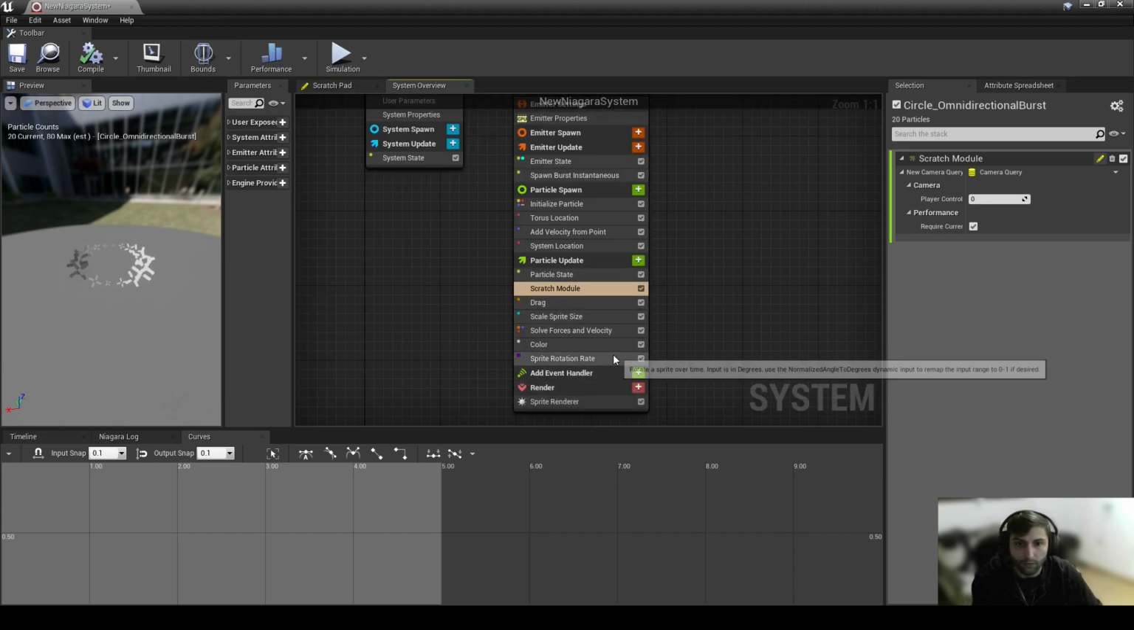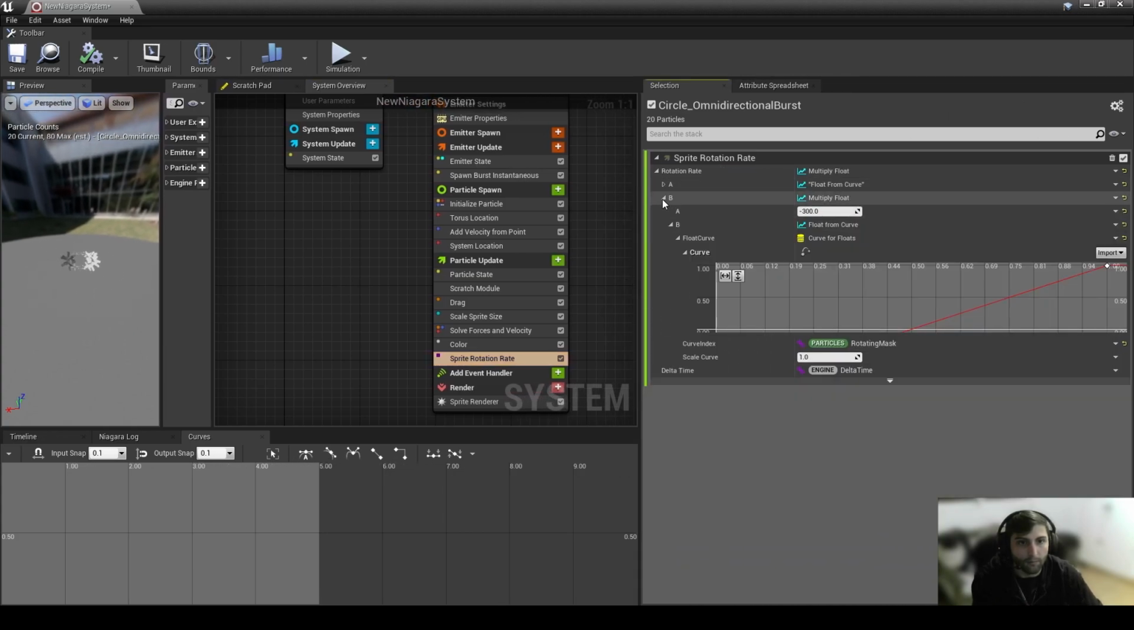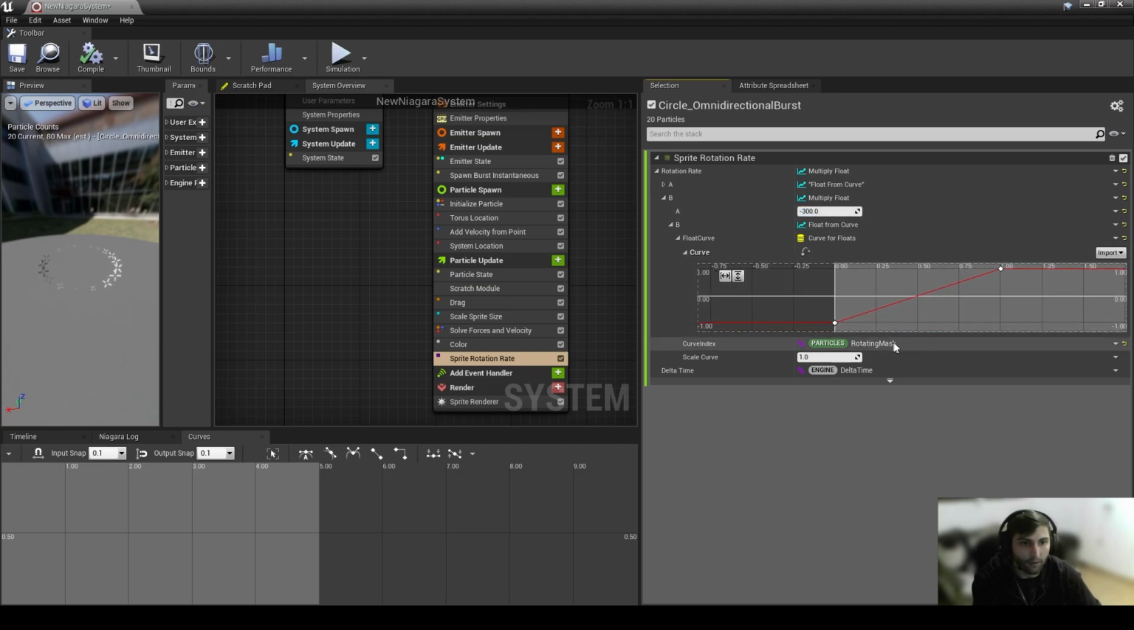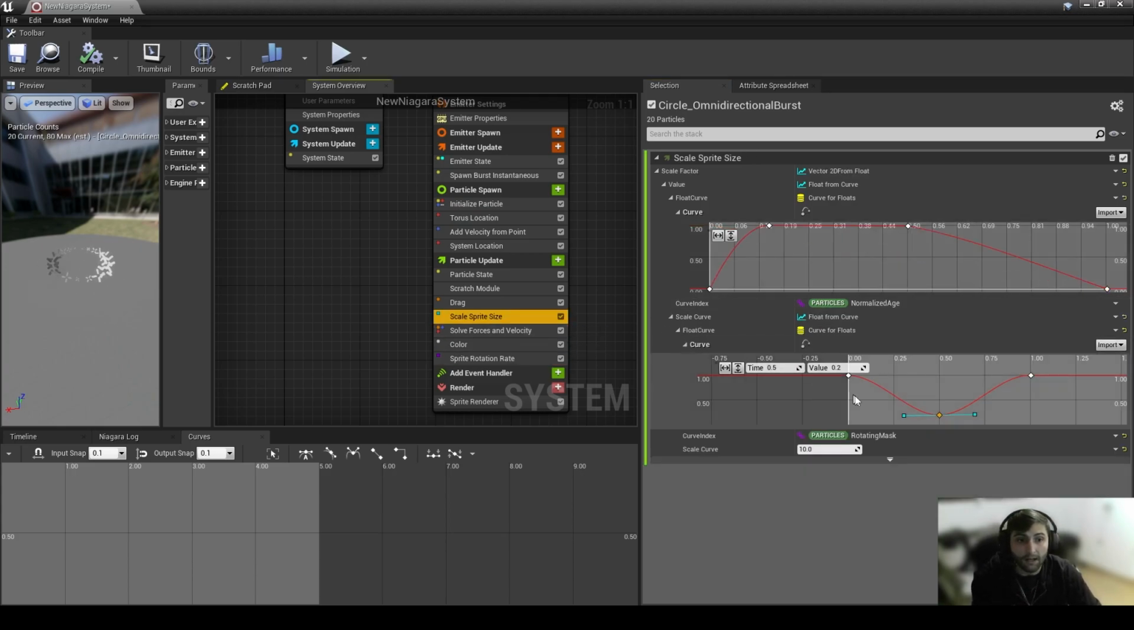And then if we go to rotation sprite, we can see here how I created the behavior. This is the important part. I multiply a float by a float curve. Here we feed the velocity of rotation, and as you can see here, I use a float curve using the rotating mask parameter, and I remap it again from -1 to 1 so that they rotate in opposite directions. And then I multiply that by a curve using the normalized age so that it increases or decreases over time. And I also use the float curve